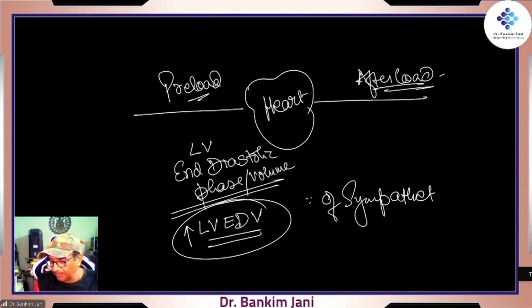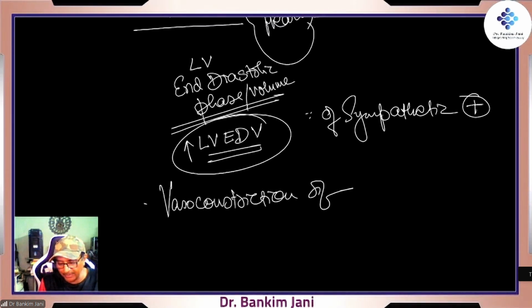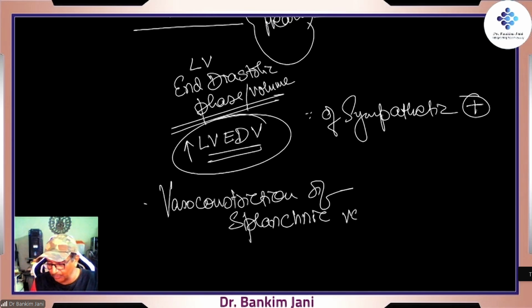Sympathetic stimulation. Exercise is sympathetic stimulation. That's the reason when you are doing exercise, the blood from the GIT would be pulled off. So over here, you'll find that there would be vasoconstriction of splanchnic vessels. Splanchnic means all related to GIT, right? So vasoconstriction